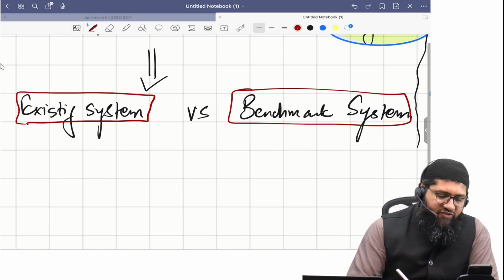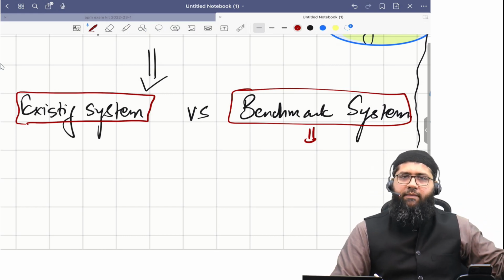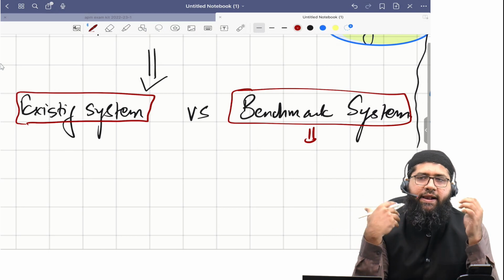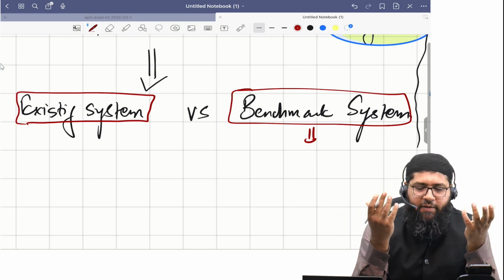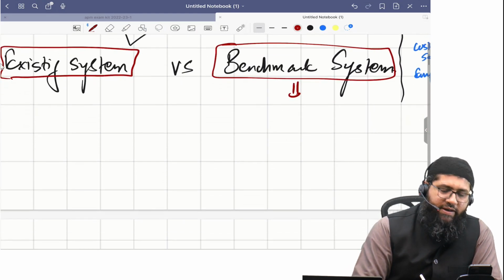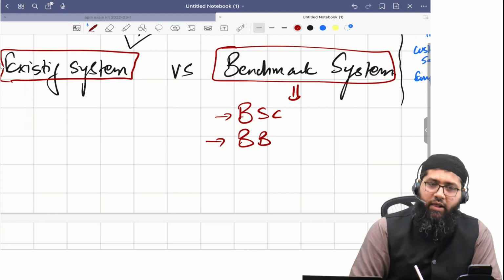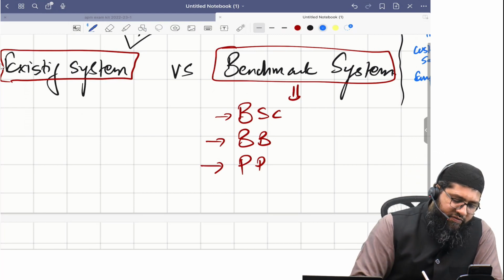So the examiner could say, evaluate the existing performance measurement system when compared with the balanced scorecard, or the building block model, or the performance pyramid. He could ask multiple things. So the benchmark system would be what he mentions in the question. It could be the balanced scorecard, the building block model, the performance pyramid, different types of things, right? So what you need to do is